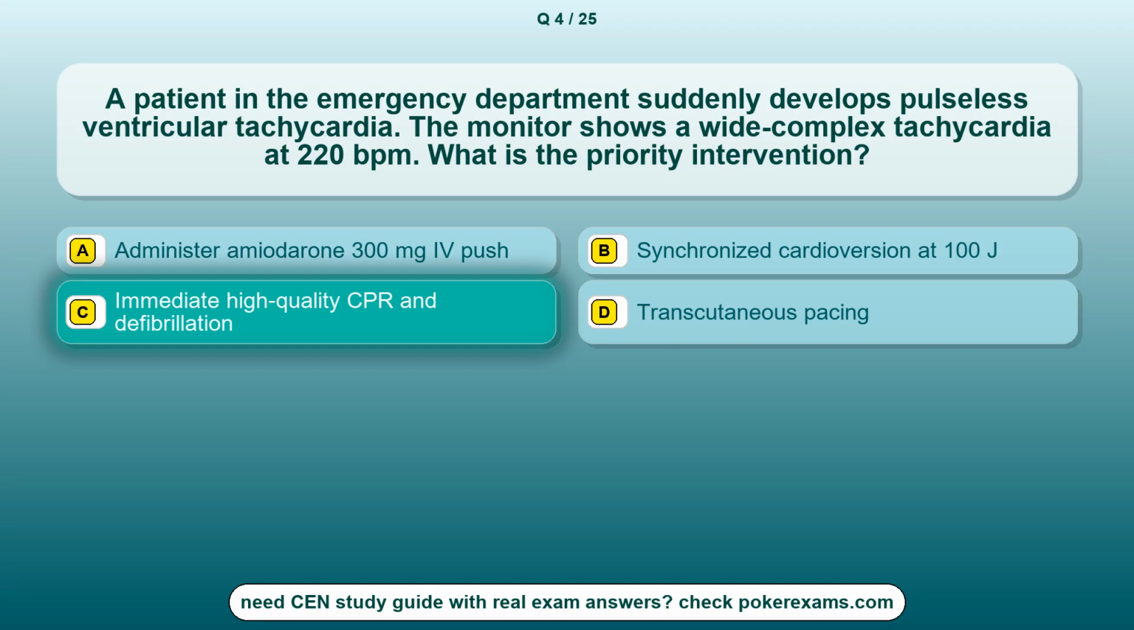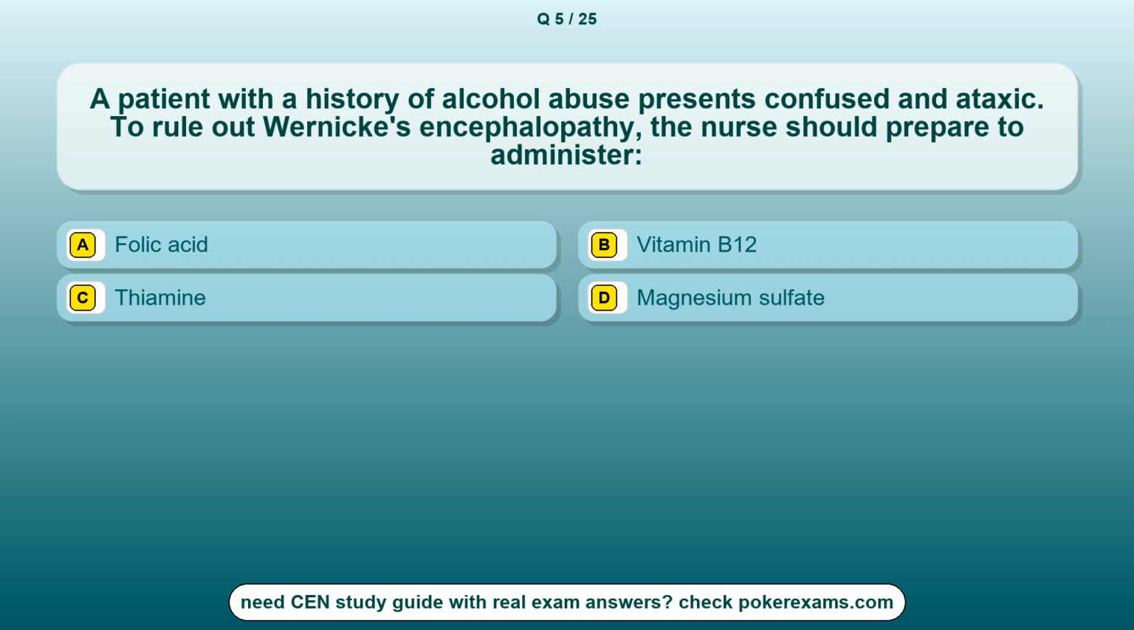The correct answer is option C. Immediate high-quality CPR and defibrillation. Question 5. A patient with a history of alcohol abuse presents confused and ataxic. To rule out Wernicke's encephalopathy, the nurse should prepare to administer: